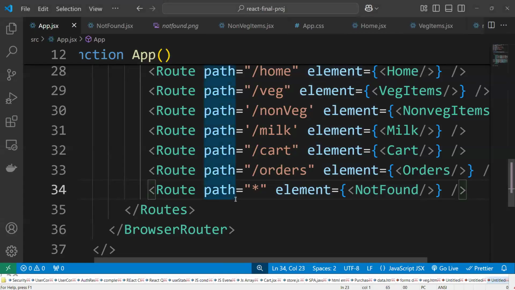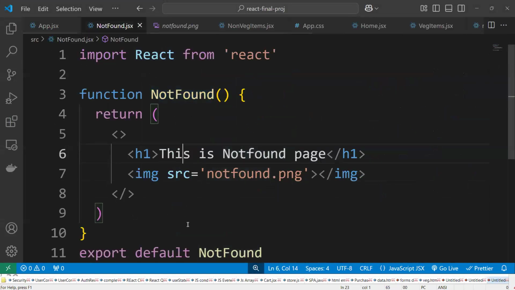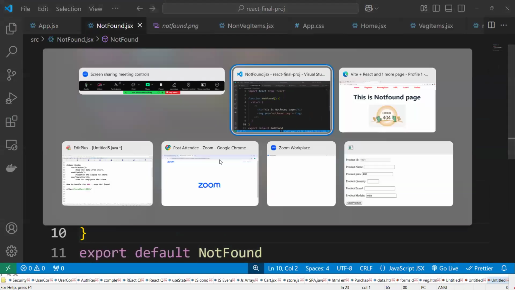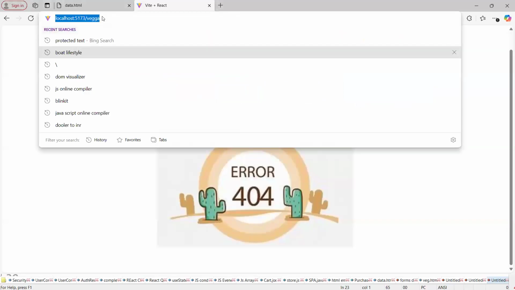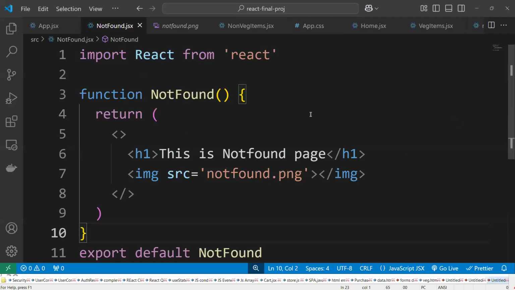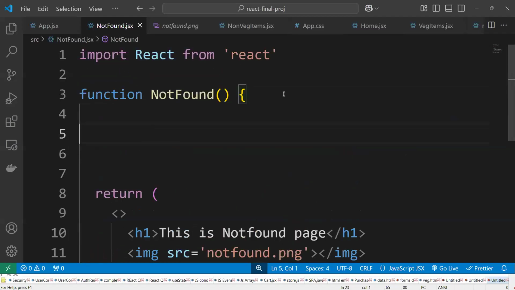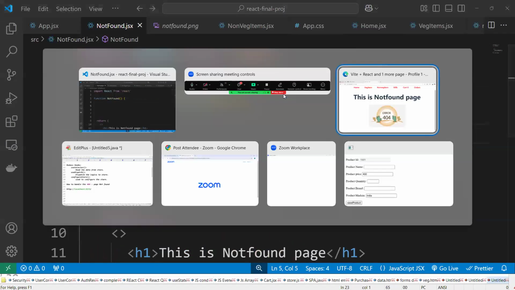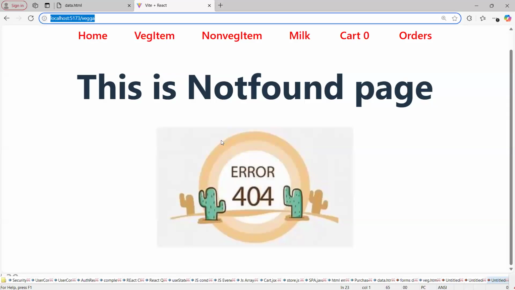This is the not found component, right? You get this page when they type the wrong URL. But tell me, guys, when you type the wrong URL like this, should we keep this not found page like that, or